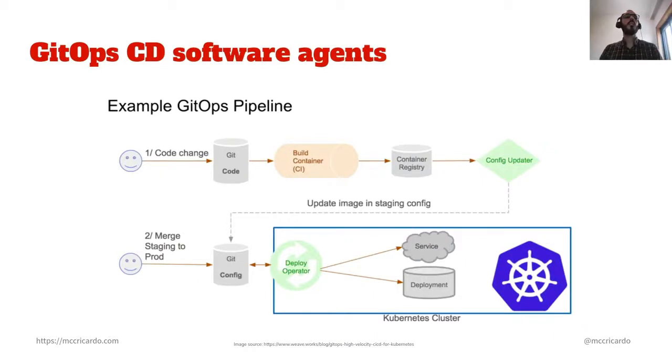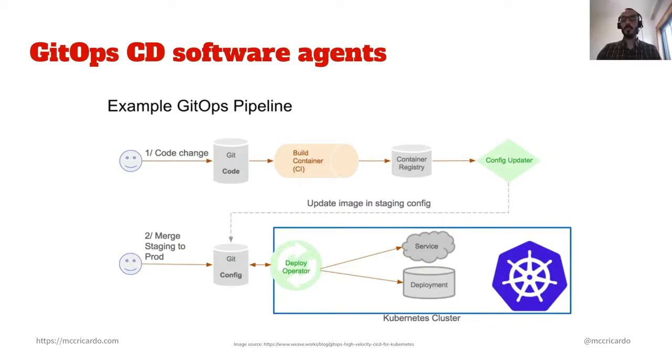So on a high level, how would a GitOps pipeline work? We do some changes, we push those changes to Git, we follow our normal patterns, and probably a code review. When everything is merged, we build a container. We can then have a tool, which can be implemented in many different ways, that is looking at a container registry and realizes that there is a new version of the software to be deployed. That config updater can push a change to a Git repository, which can be the same or another, depending on configuration, and say, okay, here's a new version of the software that needs to be deployed. And then a deploy operator that lives inside the cluster will see that change and apply it